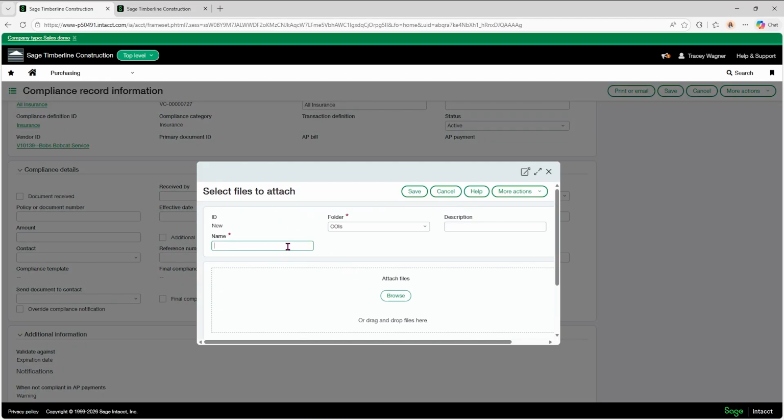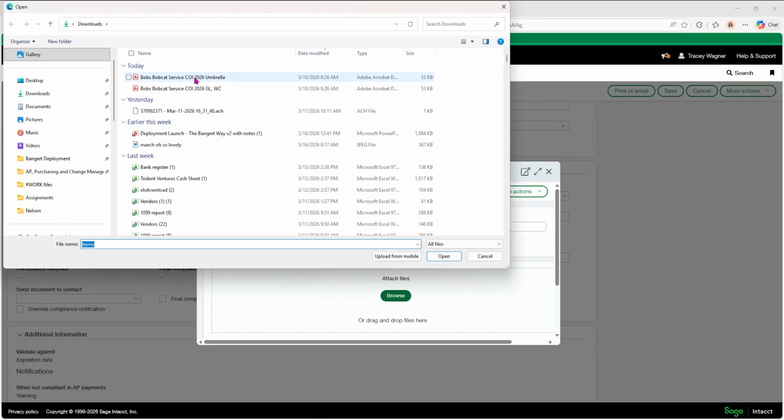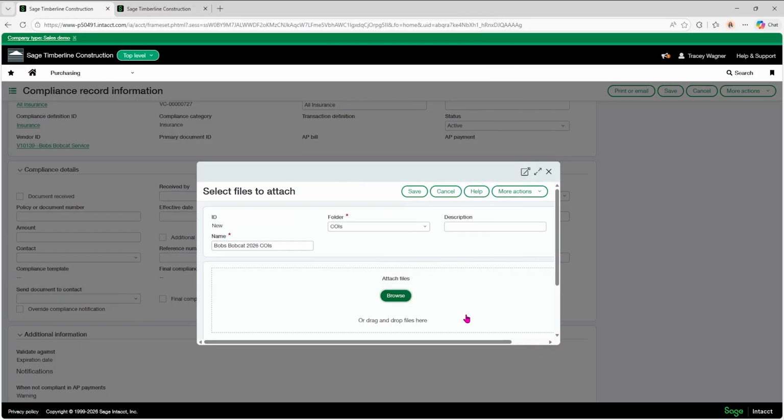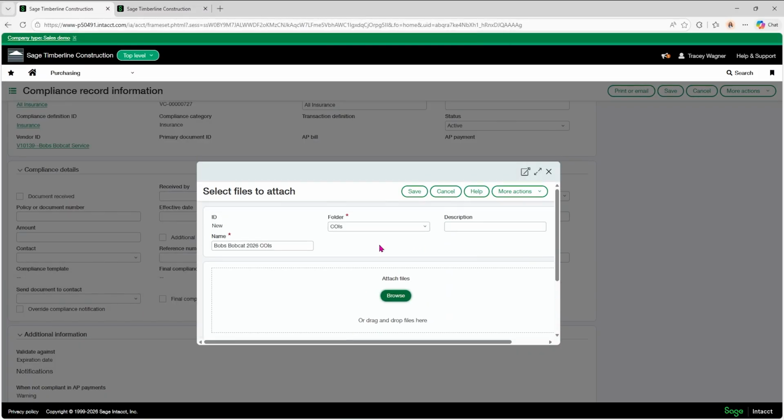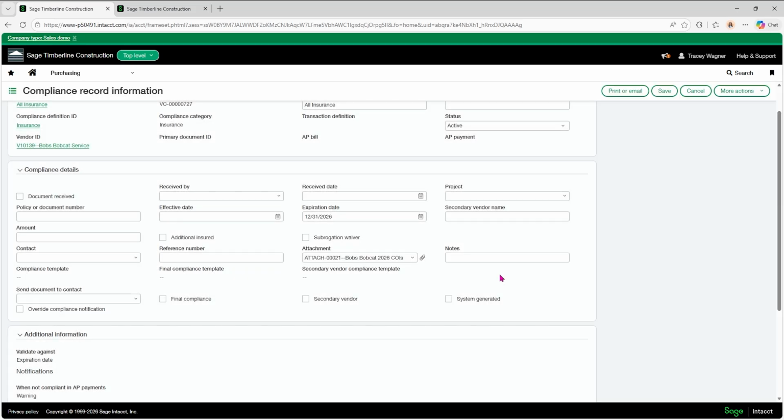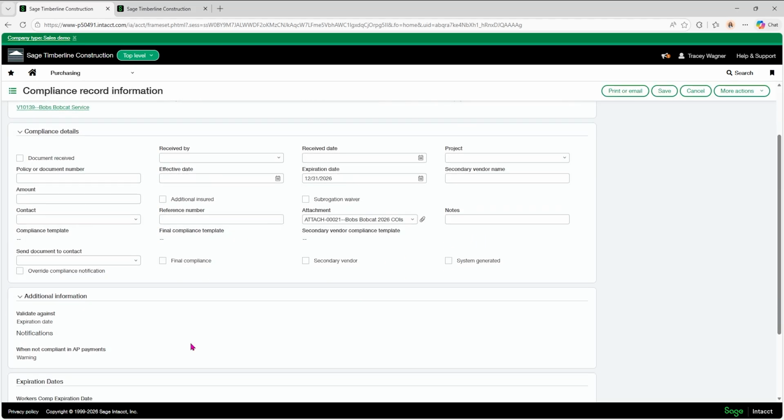Depending on how you're filing your attachments, we'll just call this Bob's Bobcat 2026 COIs. And then we'll browse. And you know what? He's got a different umbrella COI. He has a different GL and work comp COI. So we're going to put both of those in here. And they will be in here for you to reference.